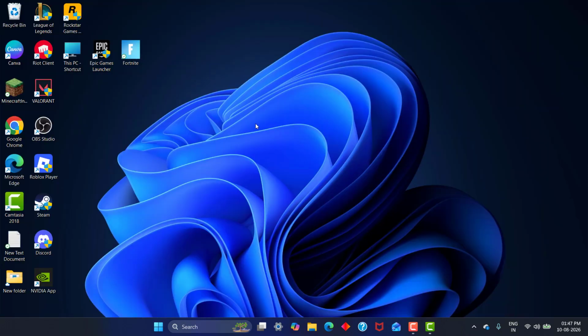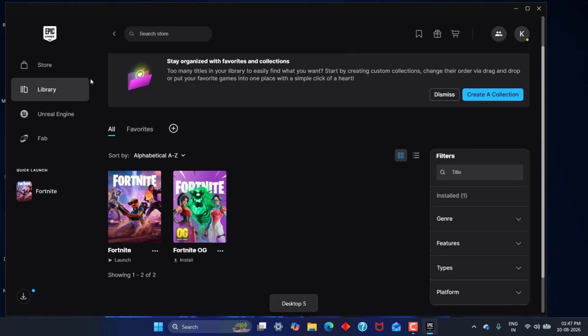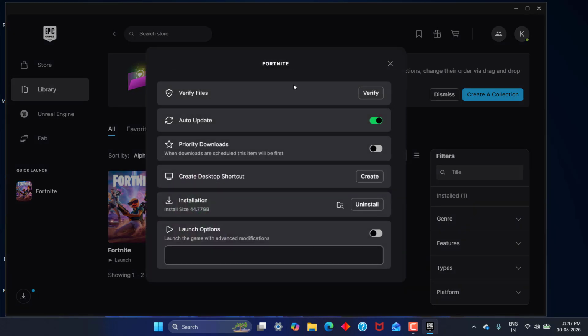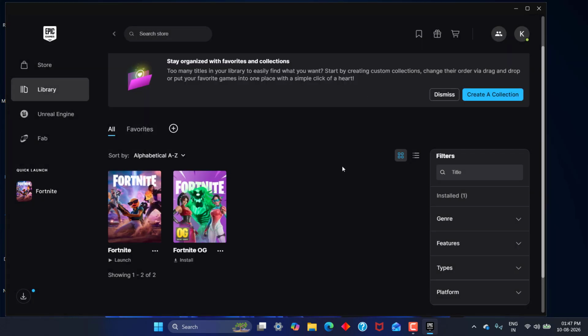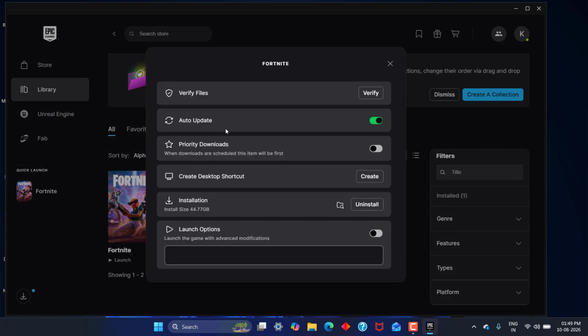Once deleted, move on with next step, open Epic Games Launcher, click Library, click the three dot icon, click Manage and click Verify files, click it and wait for some time. It's actually verifying your game files. If there is any corrupted file, it will rectify it, so be patient. Successfully verified. One more time, click the three dot icon, click Manage, click the installation folder, click it,